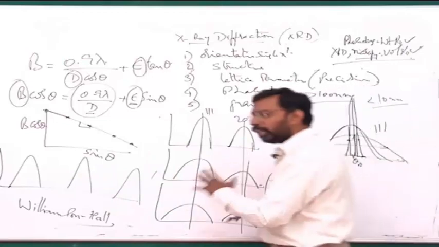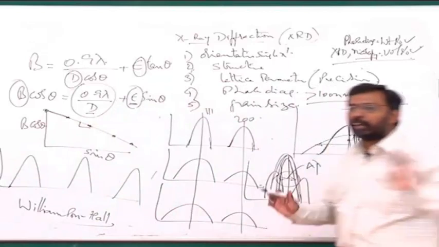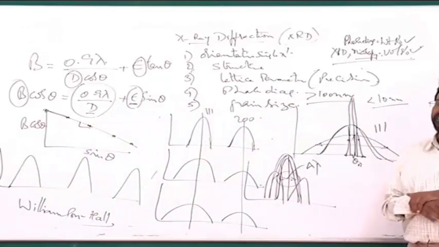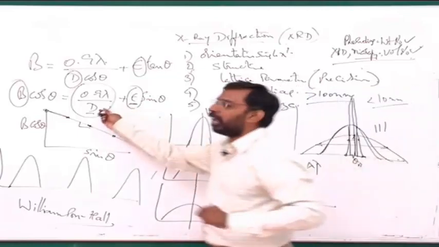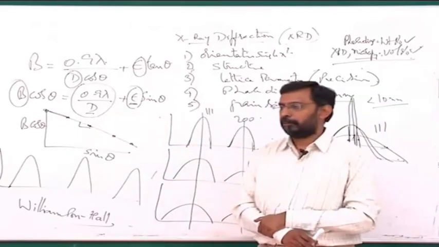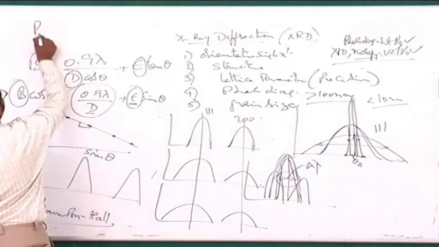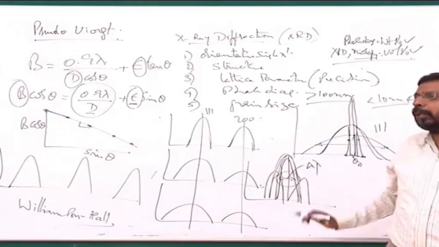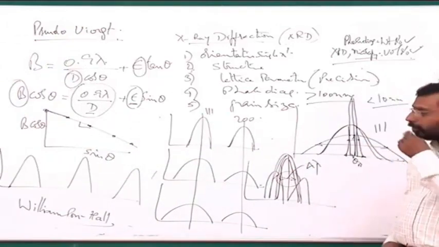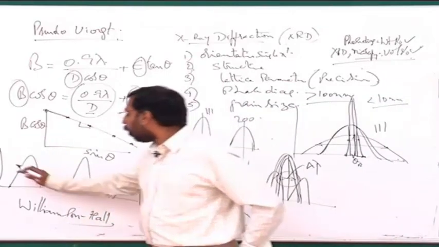So you will actually see after some time of milling that only the first peak will remain. None of the other peaks can be recognized. Then I have only 1 peak. From 1 peak, how do I do this calculation? It is very difficult. This is why there is another technique, which people call the pseudo-Voigt technique, called single peak approximation. What they do is they take this peak and fit it as a Gaussian and